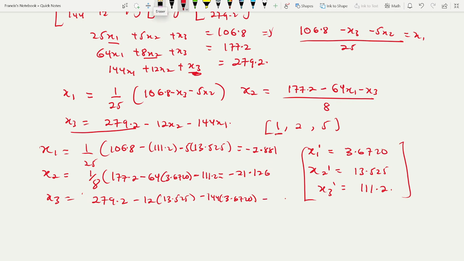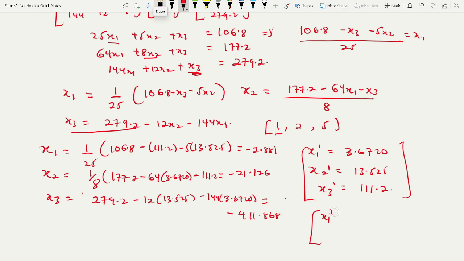So this should be equal to negative 411.868. Okay. So now if we perform two iterations, our values for the second iteration